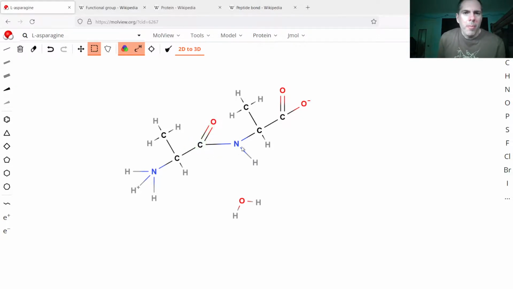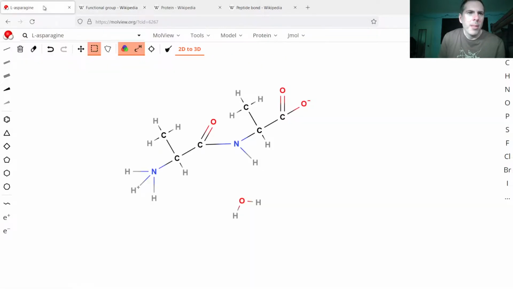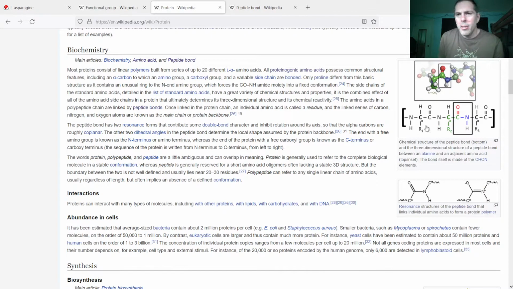Carbonyl group with the, well, I guess I should call them amide group rather than separate them. So you have this amide group here, carbon with the side chain, and then if there's a full protein, amide group, carbon with the side chain, and just repeating down the protein. And you can see that here on the Wikipedia page for protein.